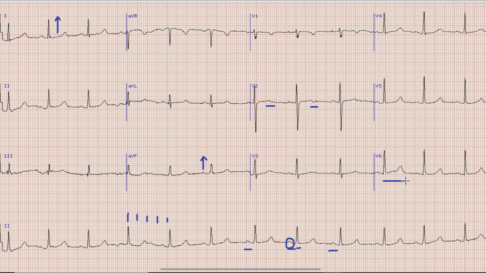As you can see in lead V6, the QT interval appears prolonged. It is around 200, 400 and around 440 milliseconds. A 440 millisecond QT interval will be normal in case of a heart rate that is exactly 60 beats per minute. But for a heart rate which is more than 60 beats per minute and less than 100 beats per minute, we will calculate QTc, that is the corrected QT interval,